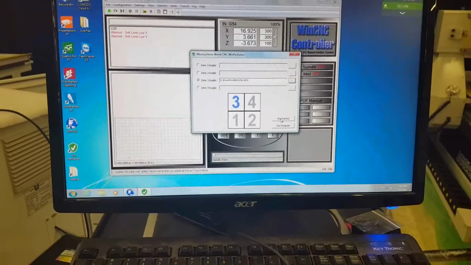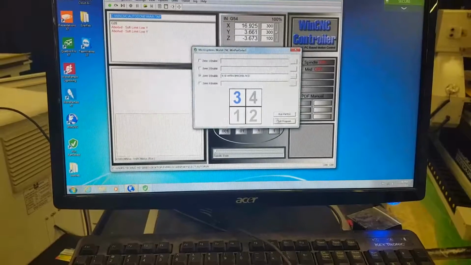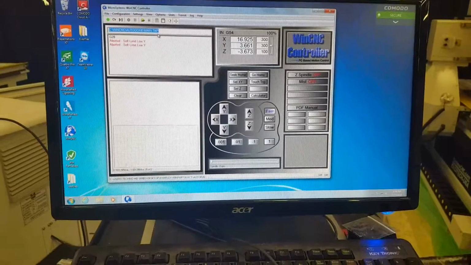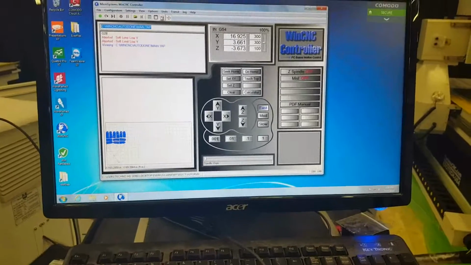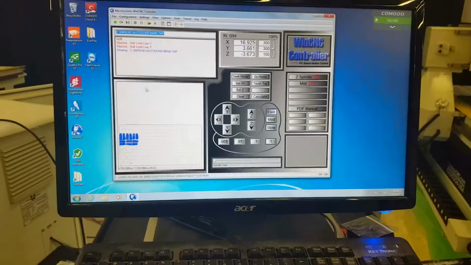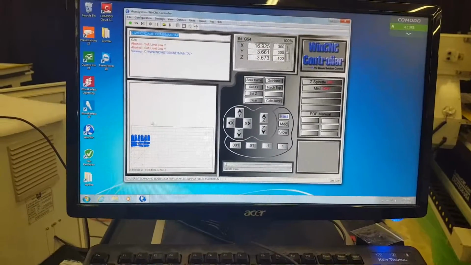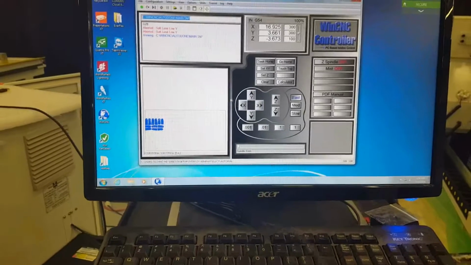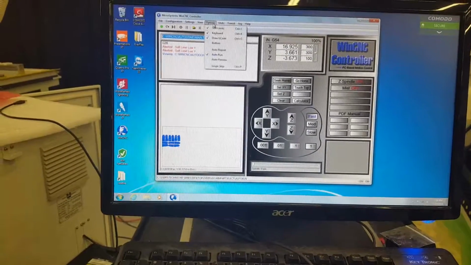Right here, you could hit Run Part, and the machine automatically brings it up on our Win CNC interface. You can click the Simulate button, which looks like an eyeball or a view, to show the file being run on the table. Now, to set these positions, I want to go to